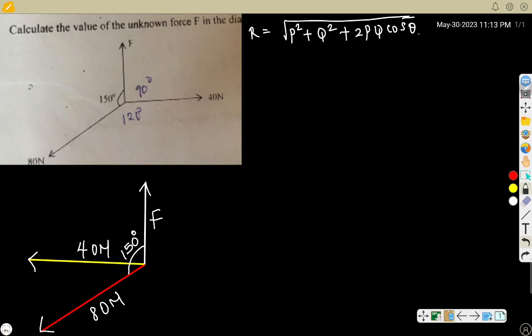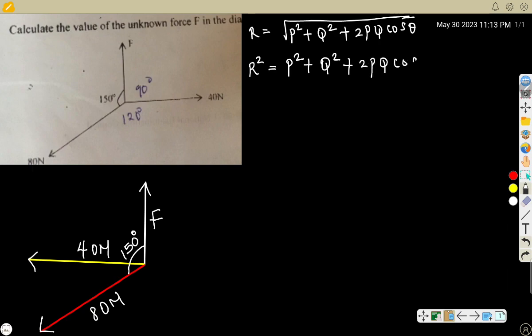Then theta is 150. So here, R square. Why R square? You have a square root here, so square both sides to remove that square root. So R square is equal to p square plus q square